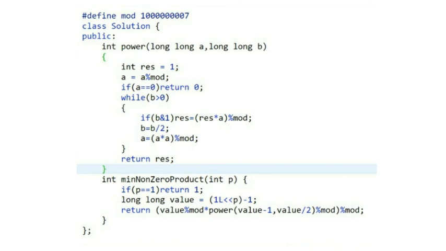Or if it is not like that, then while our b is greater than 0, if our b is odd, then we will multiply the result into a. Then we will halve b and square a, but it is necessary that we take the modulo simultaneously, and at the end we will return the result, which will be our answer for the power function.